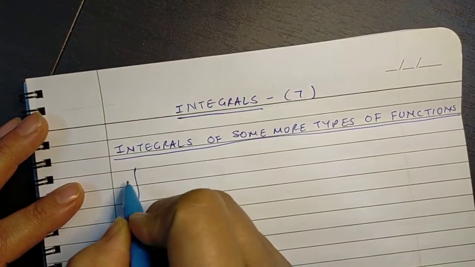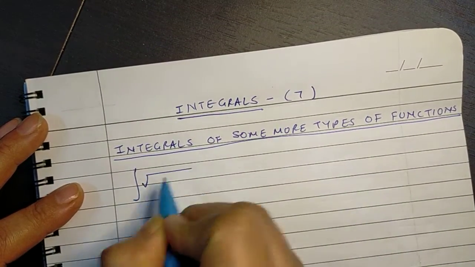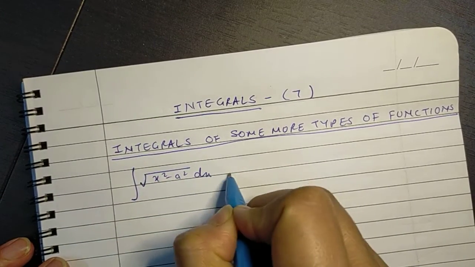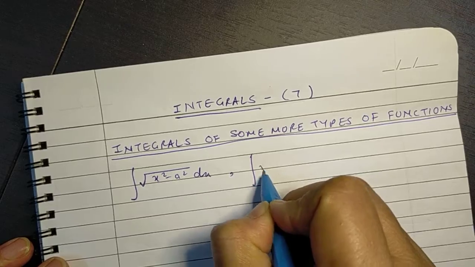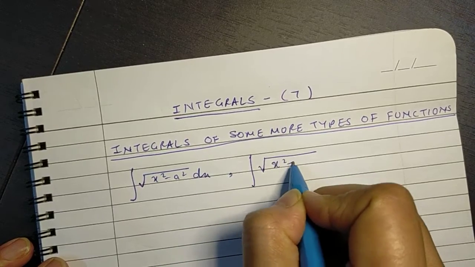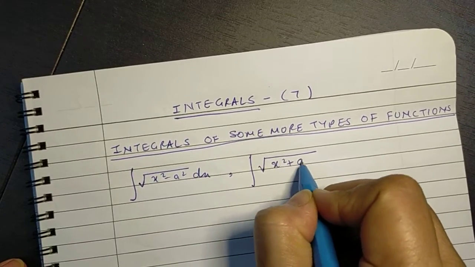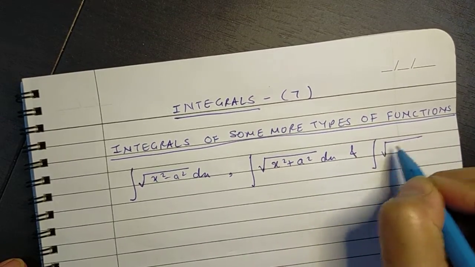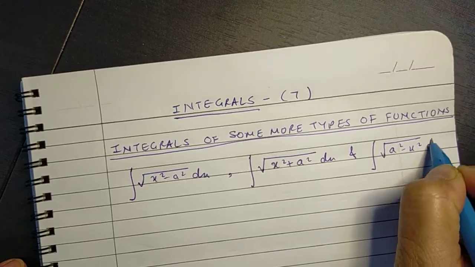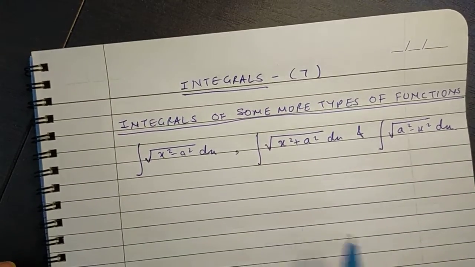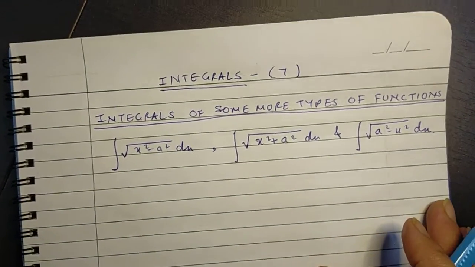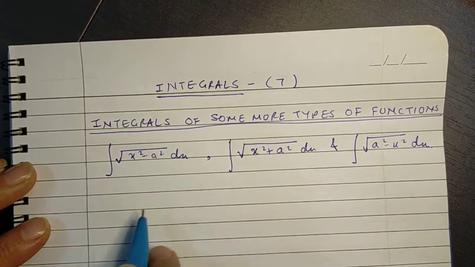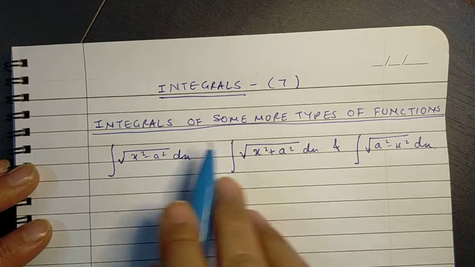One is integrals of functions of the type square root of x squared minus a squared dx. Then we will do it for square root of x squared plus a squared dx, and the last one is integral of square root of a squared minus x squared into dx. So if you recall, in our previous videos and exercises we have dealt with similar functions, but